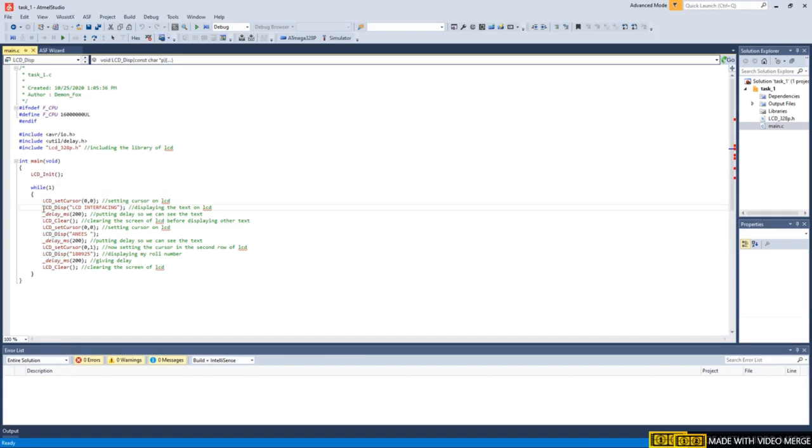After that, I'm just displaying these letters on the LCD by using the command called LCD display. Now when I run this program, you know what will happen. The word which is highlighted right now will be displayed on the LCD screen: LCD interfacing. After that, I edit the delay so we can see the text being displayed on the LCD